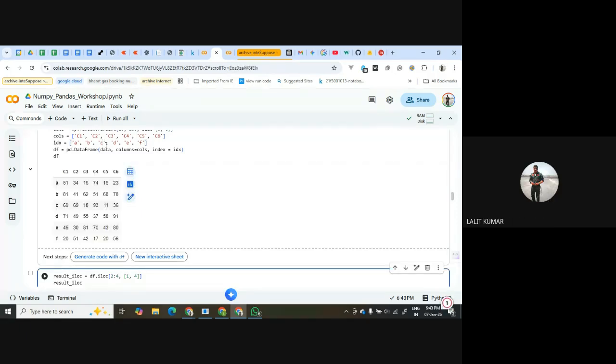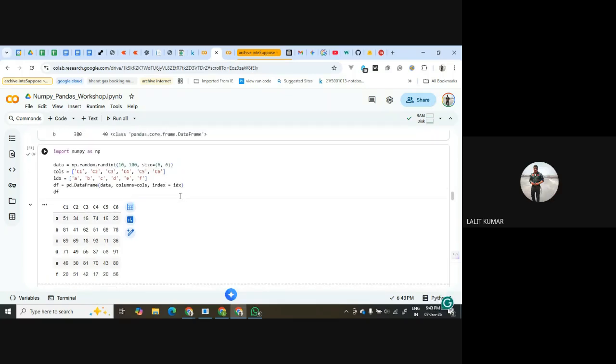Sir, in the above cell you have used a random integer for a numpy array, and in the starting you told that we use numpy where we have the same type of data, and pandas can take different types of data also. So if we are working on the same type of data, which is more preferable, numpy or pandas? See, in data science, when you will be manipulating your data, you will be mainly working with pandas, because we are having different types of data.